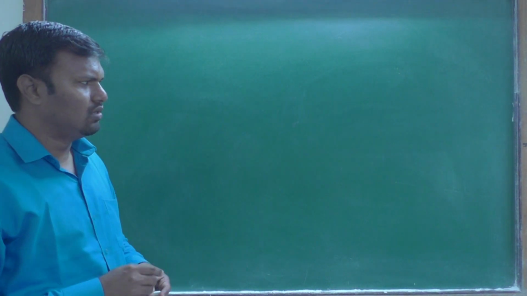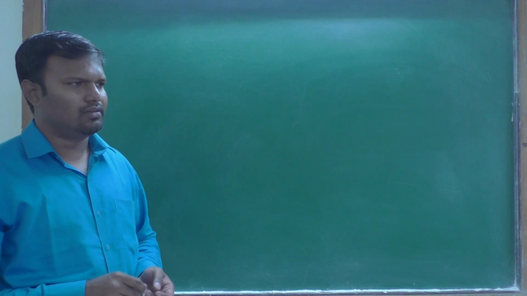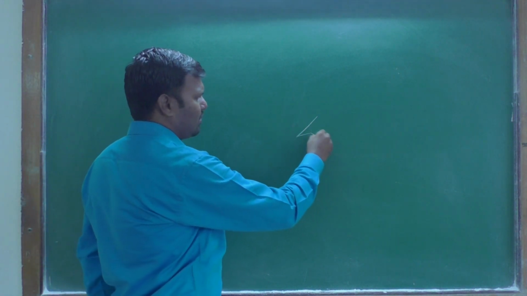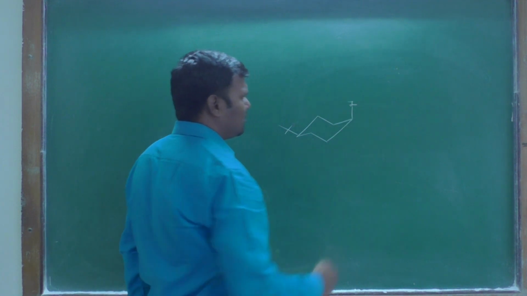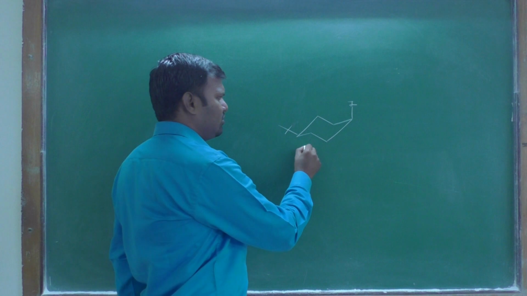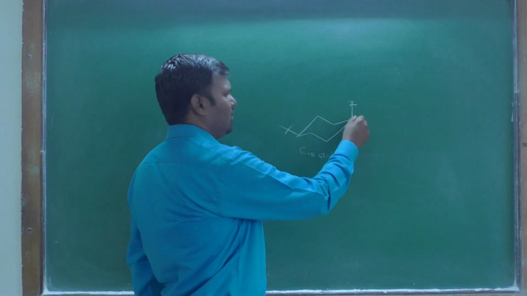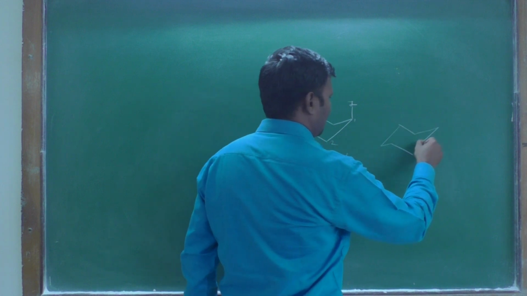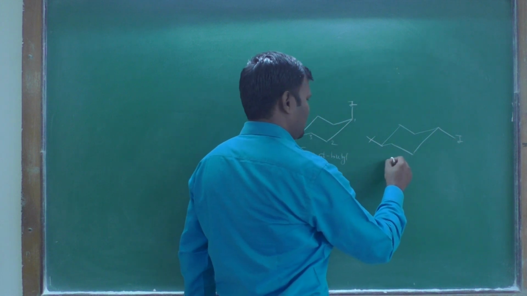Dear students, previously we discussed the symmetrical SN2 reaction. In this, we have seen one example, that is a cis tertiary butyl cyclohexyl iodide, with the tertiary butyl at the 4th position, at positions 1, 2, 3, 4. And the second example, in the symmetrical SN2 reaction, we have taken